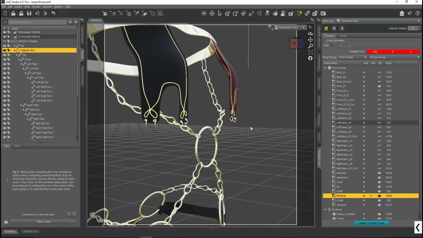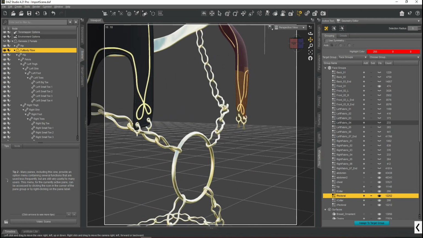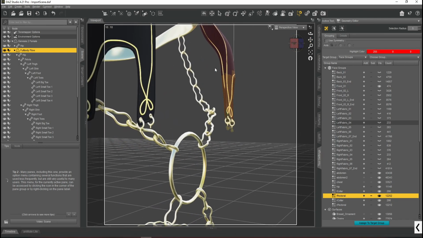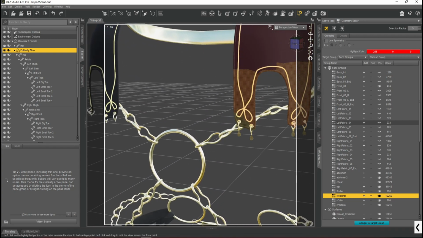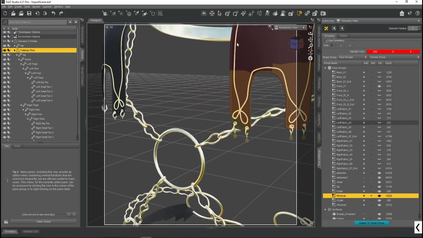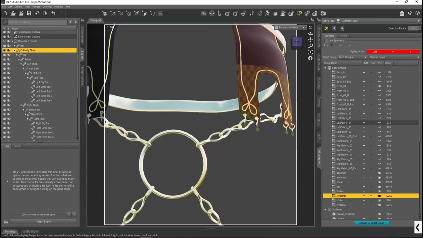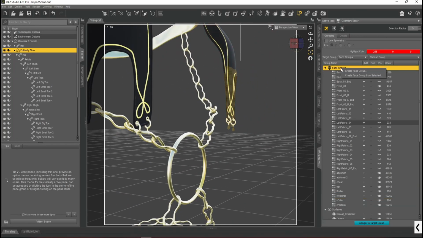We're going to grab this. We're going to zoom in, because I want to make sure I didn't accidentally grab the chain as well. And okay. Yeah, so you basically have to look around that you don't accidentally have a piece behind it that you grab with it. Okay, this looks good. We're going to create face group from selected,